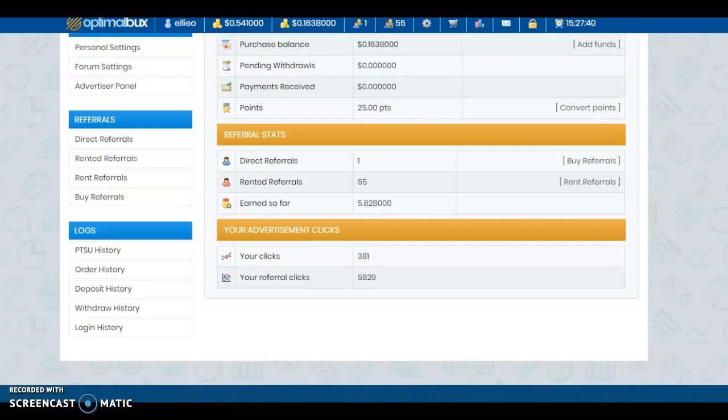So rented referrals are basically just people who are allocated to you by the site if you pay to actually rent them. They are just like normal team members. The only difference is that you're paying a small amount to the website for you to have those referrals allocated